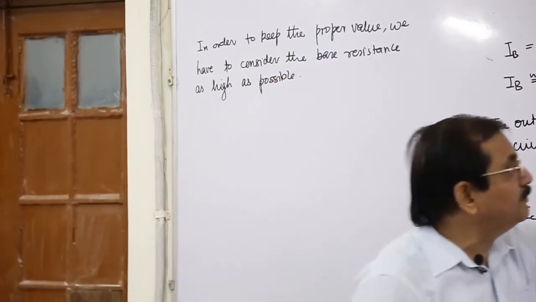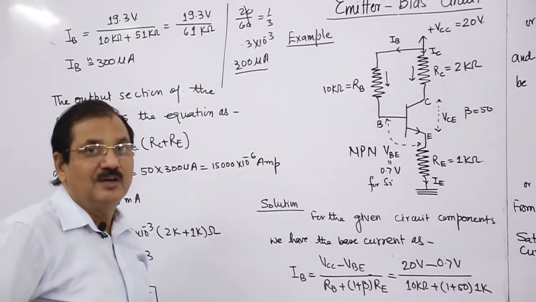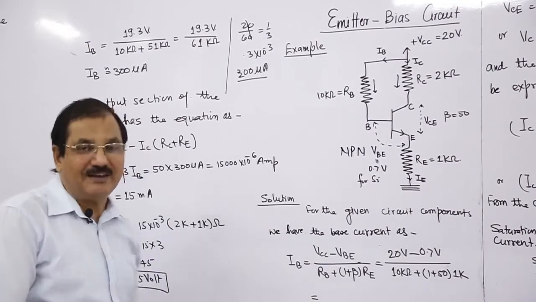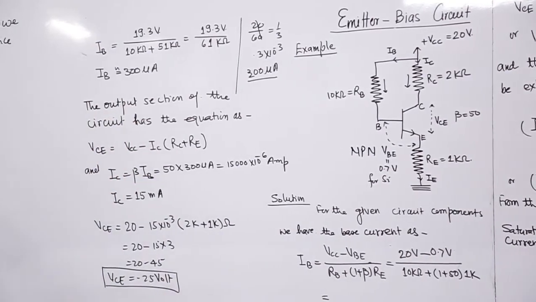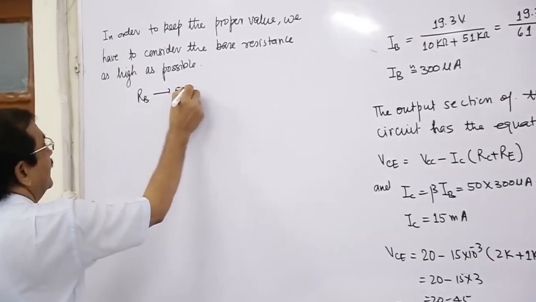So, in place of 10K, we have to increase this value. We have to increase this value to 500K. So, let RB be equal to 500K,